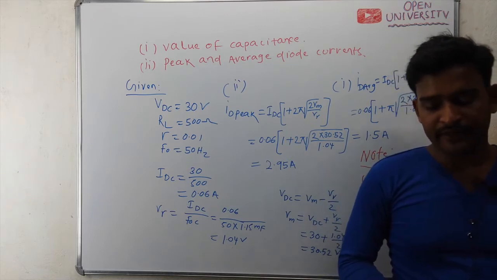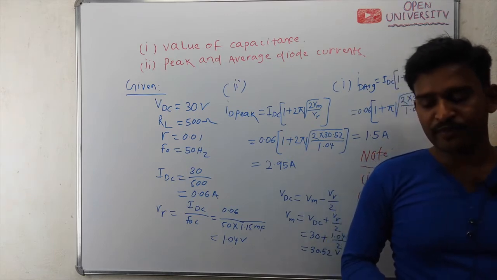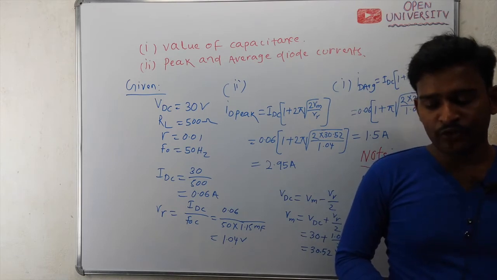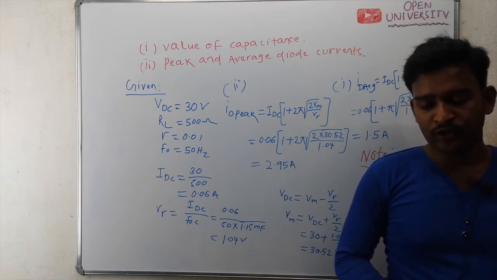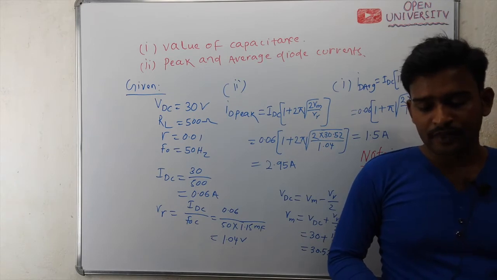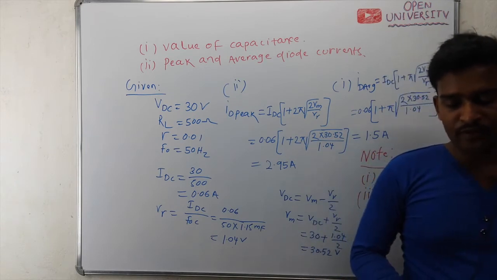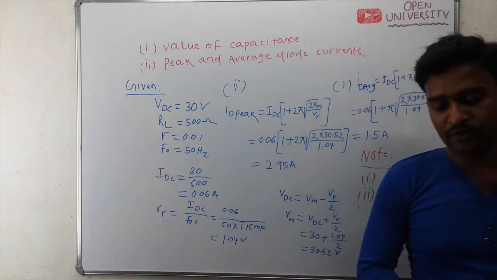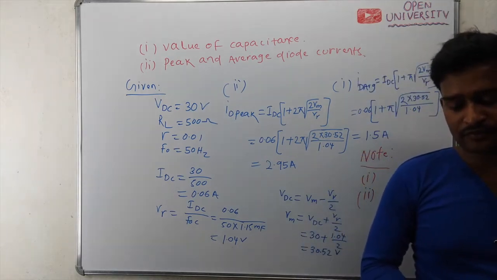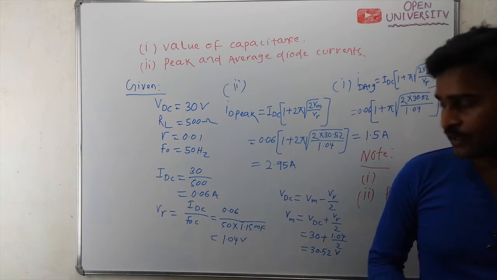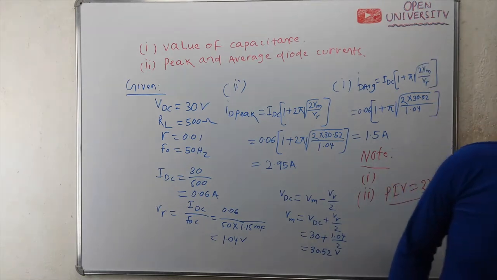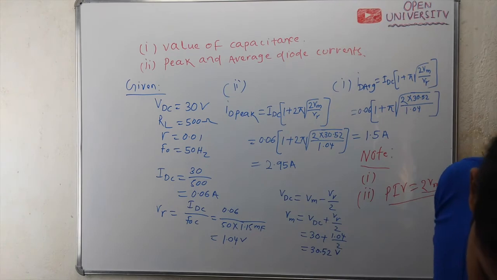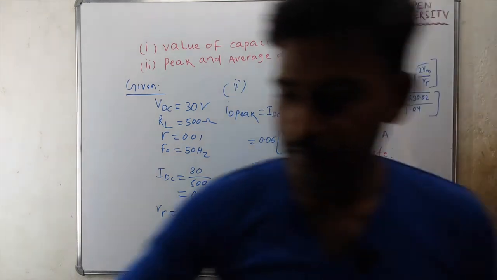If average output voltage is 40 volt and line frequency is 60 hertz, calculate